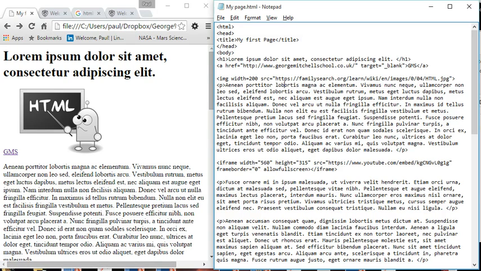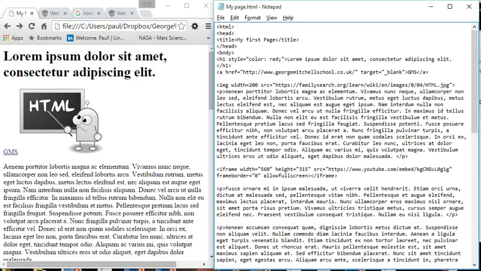Firstly, what we can do is we can style a particular element. So if I take this H1 element here, this top level heading that we can see over on this side, I can say style equals, and then I can give style commands in here. So I'm going to say color is red, followed by a semicolon. So color, note, is spelt the American way, so it's going to turn it red. And let's have text decoration,